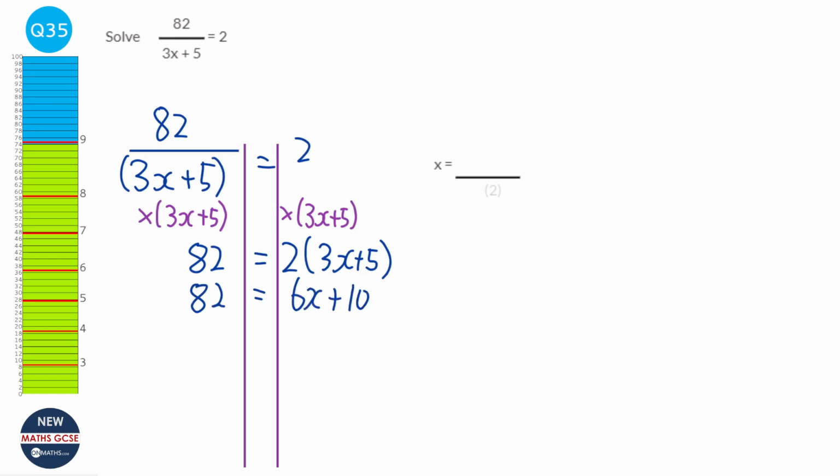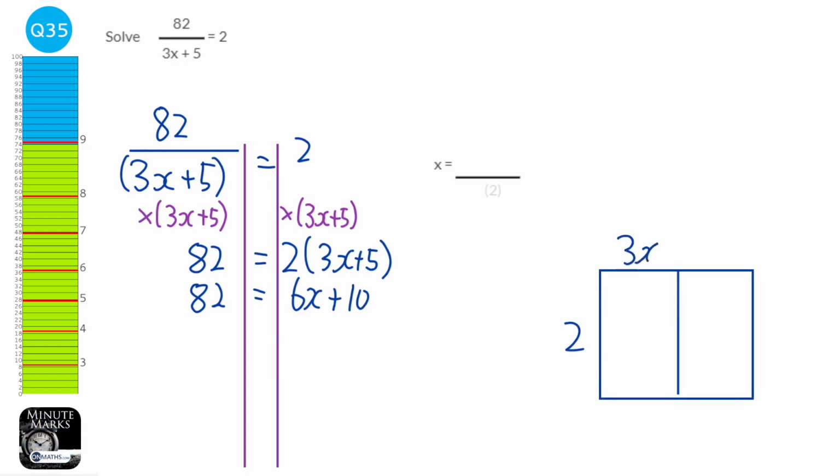And you can use any method you want. Some of you might use this method where we've got the 2 here, 3x plus the 5, and then we times them, so it's 6x plus 10. That's how we can do it. Any method you like. And then we're going to take away the 10 both sides because we want x on